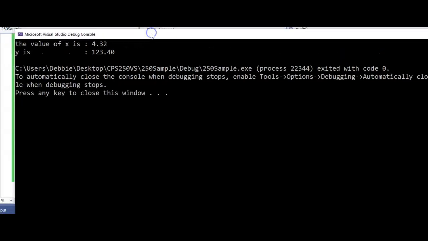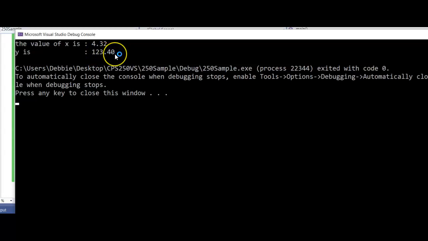Okay, so now they both have the same number of decimal places, but I'd like to get these values so that the decimal points are aligned. And I'm going to do that with setw. Now it's important to know when you're using setw, if you use the same setw for multiple values, they'll kind of line up along the decimal point, but the setw has to be big enough. This number,